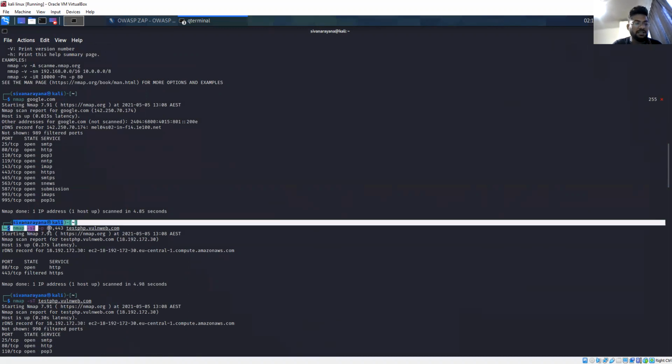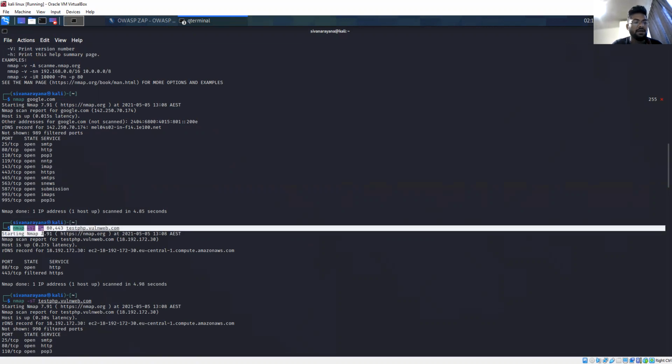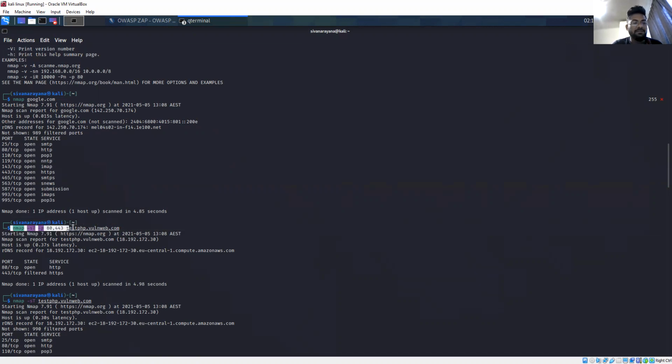This is my next command: nmap -sT -p 80,443 with the website I'm testing for vulnerability, web.com. Here sT is the TCP connect scan and p is the port specification. So we have given these 80 and 443 ports to nmap, using TCP scanning.